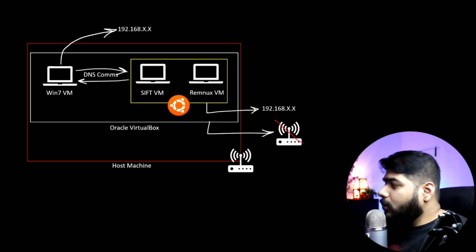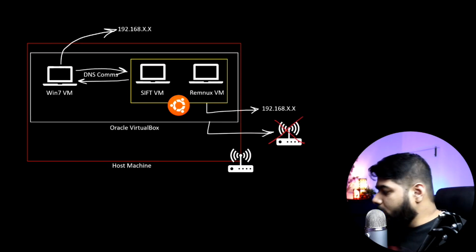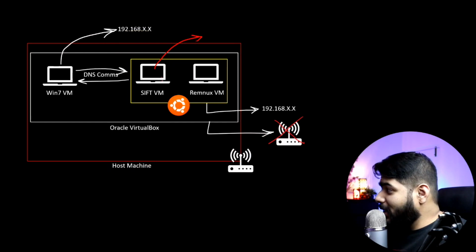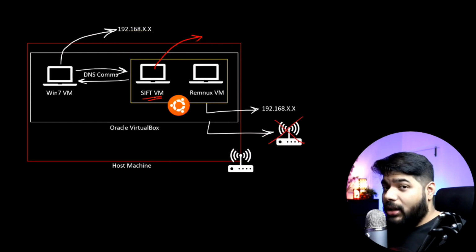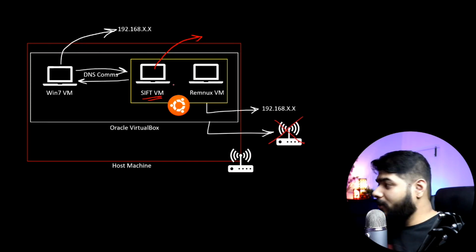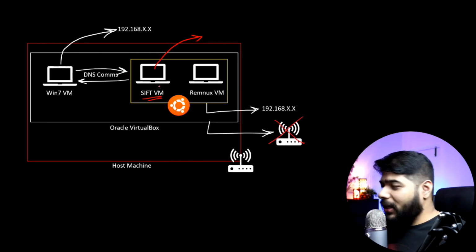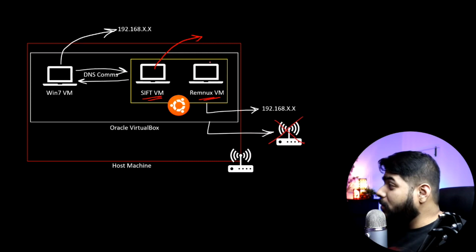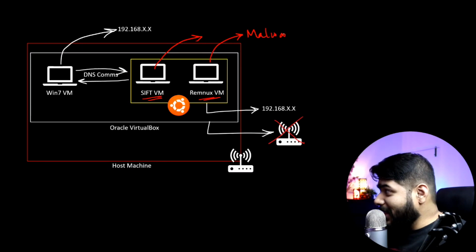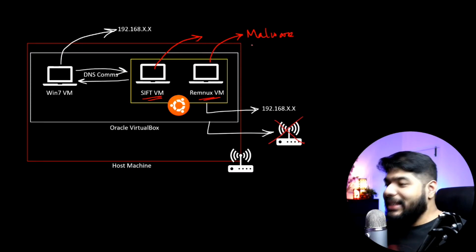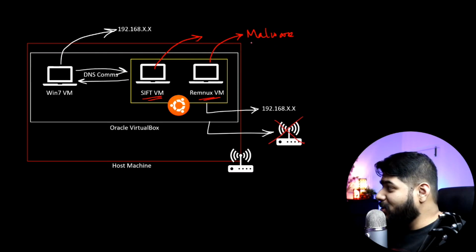Okay, and after that we will cut off the internet connectivity. So I believe now you guys have the detailed picture of it. This particular machine, this SIFT virtual machine, will support each and every forensic need, and this REMnux VM will have more than enough. It is the ultimate virtual machine used for malware reverse engineering. So you do not need anything else if you have this machine in your arsenal.